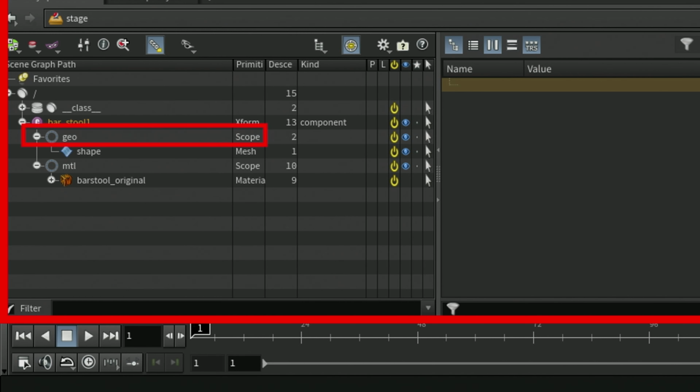In this particular case, it's just letting us know where the geometry is stored. So, unlike the transform primitive, this primitive does not contain a transformation matrix.